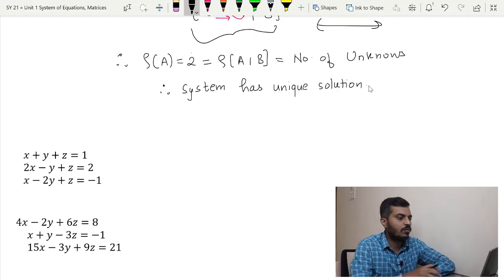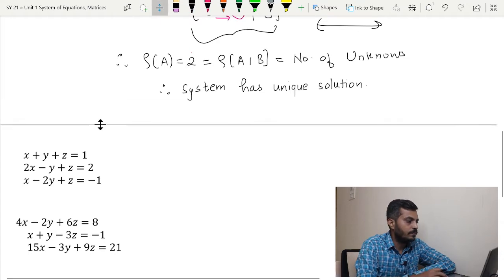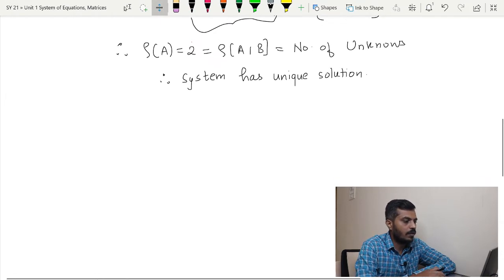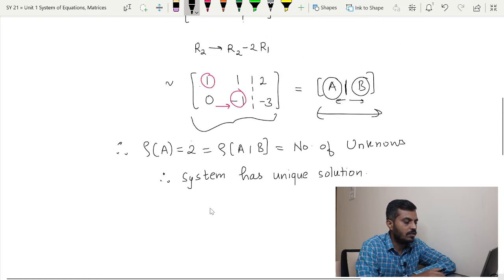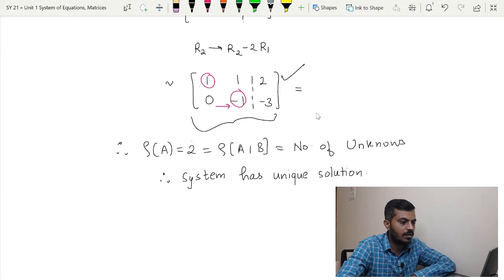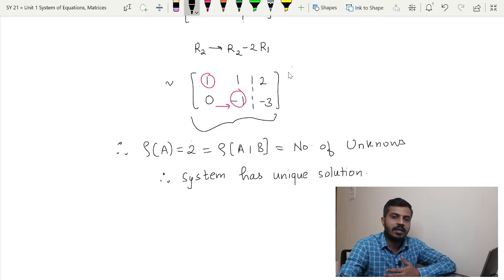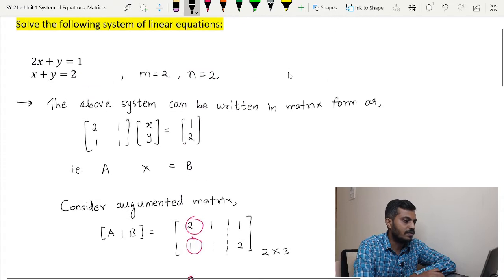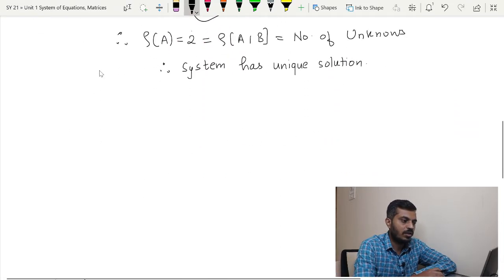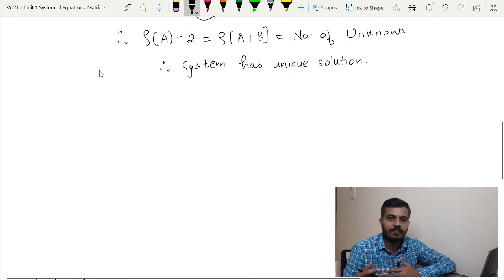Now, the question is how to find this solution. In order to find the solution, just focus on this matrix, which is important to us. By using this matrix we are going to get one equivalent system. We will get one system actually, and that system will be equivalent to this given system. Which one? This one. And whatever system I am going to write now will be very easy to solve.